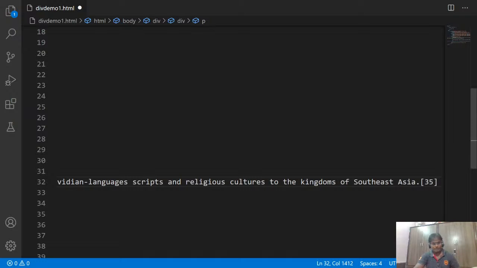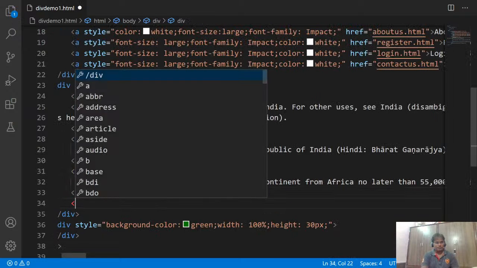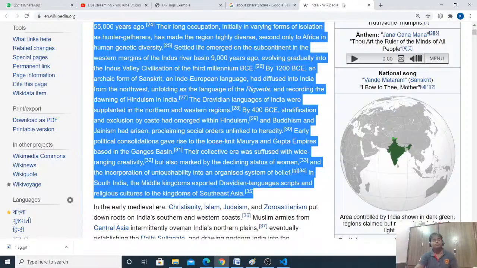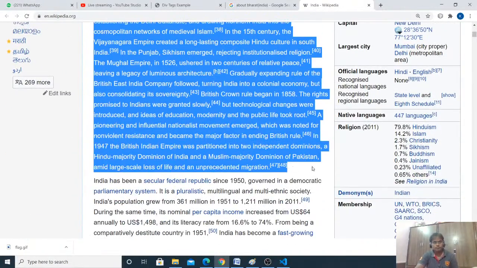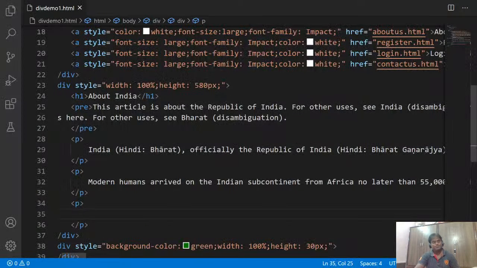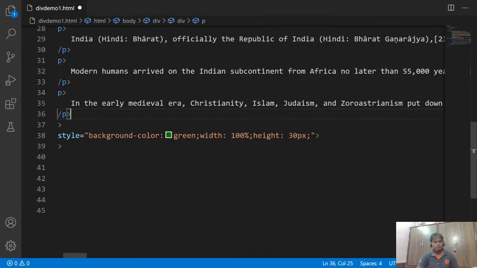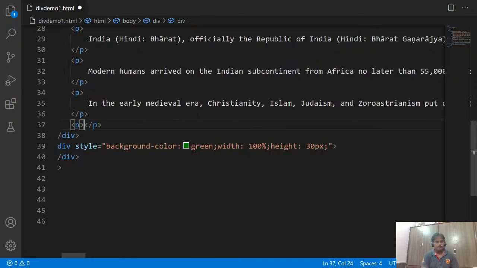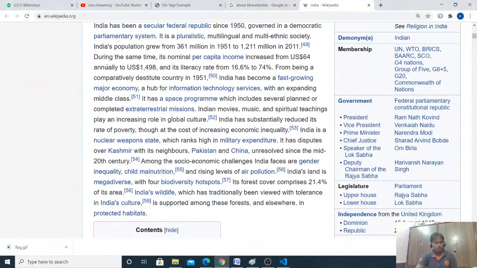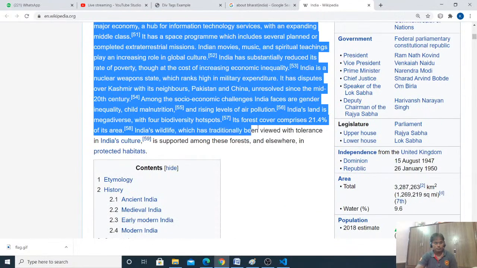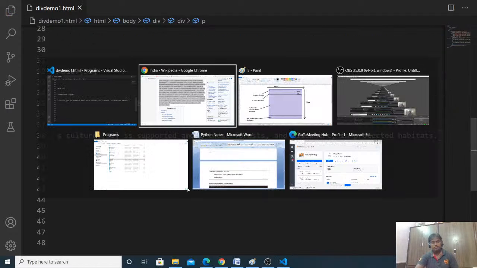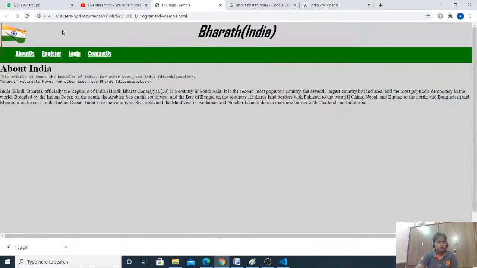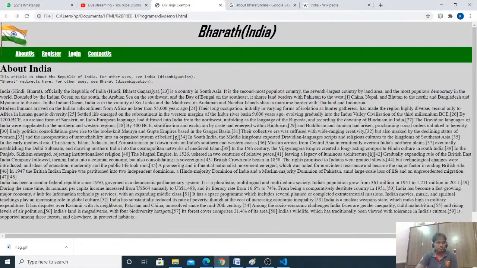Yeah, place it. Let me write another paragraph tag. Copy, paste. So like this we can give many paragraphs if you want. It's enough for me. Yeah, it's okay. This is the last one. I have placed it here, and go to the Chrome, open our web page, refresh it. Yeah,